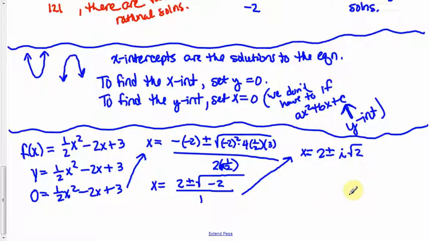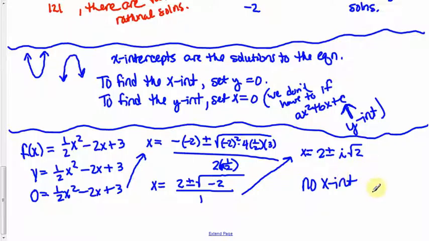It doesn't cross the x-axis anywhere. See the picture. X-intercepts are where it crosses the x-axis. Look at the picture in your book. Does that graph cross the x-axis anywhere? No, it doesn't. So it has no x-intercepts